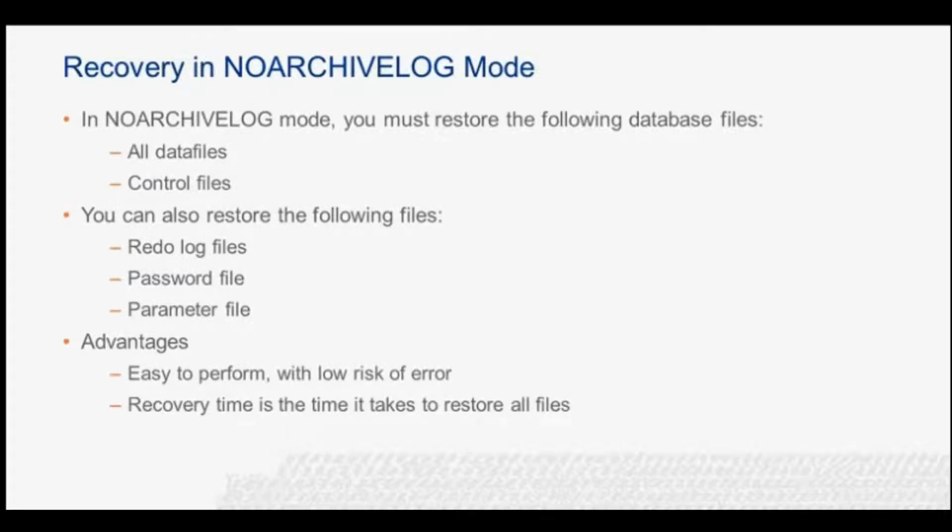Recovery when the database is in no archive log mode. When media failure occurs in a database operating in no archive log mode, we need a valid closed database backup to recover. In no archive log mode, all Oracle database files must be restored, even if only one data file is damaged or lost. Make sure we restore all of the following files: data files and control files. If we took a backup of the online redo log files, when we backed up the data files and control files, we can also restore those files.